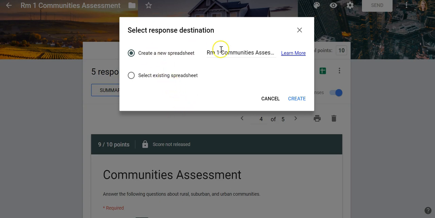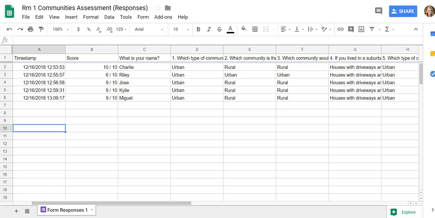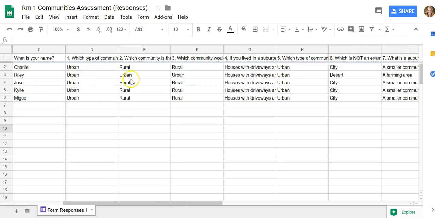So you can create a new spreadsheet, or you can add these results to an existing one. I'm going to just start a new spreadsheet. So I'll click Create, and a spreadsheet will open. So as you can see, these are the 6 kids that have completed the form so far. Here are their scores, and this is when they took it. And if you scroll over, you'll be able to see all 10 of the questions as well as their answers